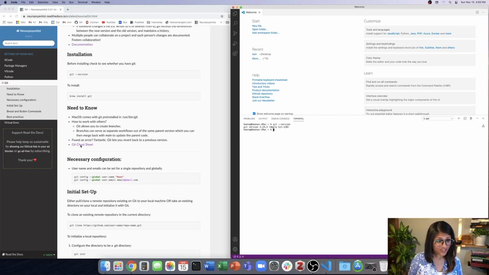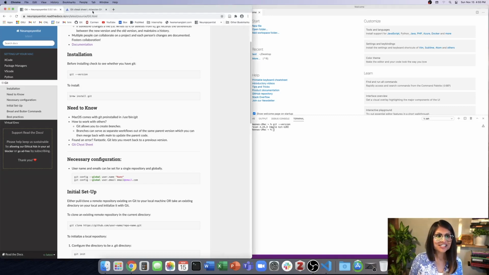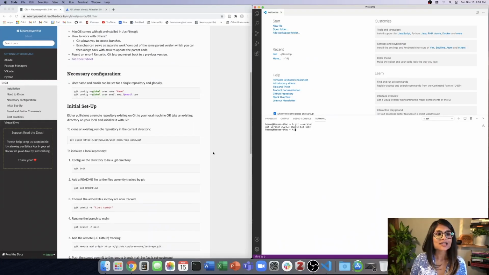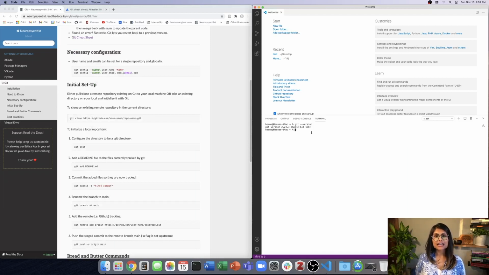So as always, we have our cheat sheet. And Git's cheat sheet is very handy dandy. Well, Git has this really useful cheat sheet with the basic commands, which I'm going to go through in just a moment. So now what we'll do is create a Git repository locally and connect it with our remote